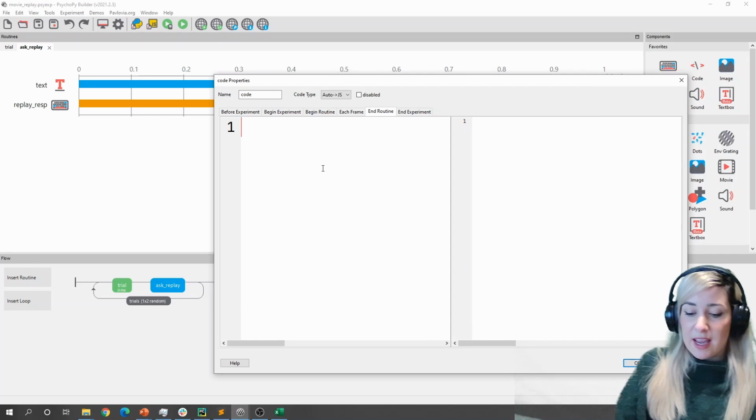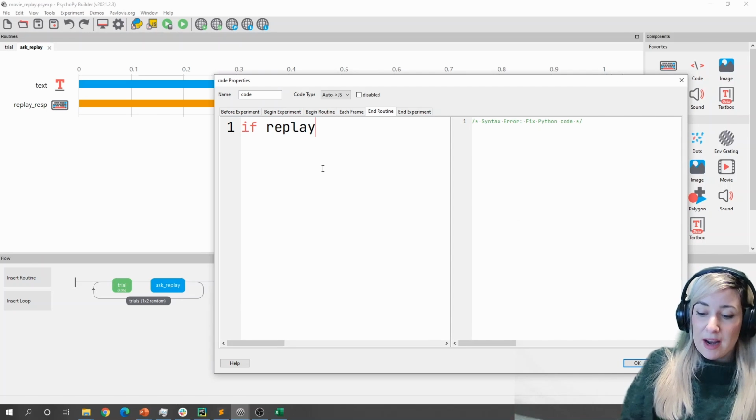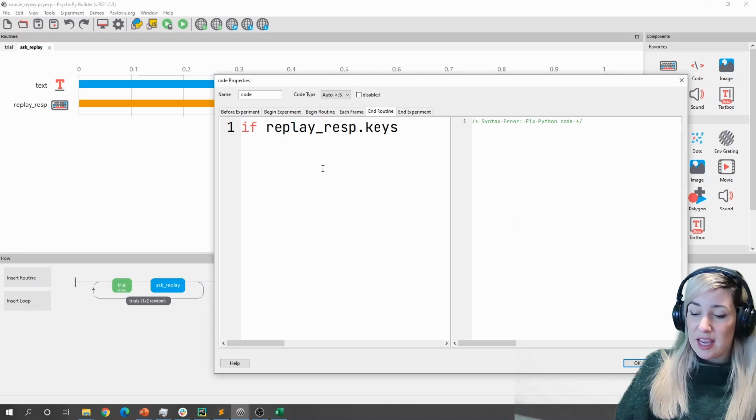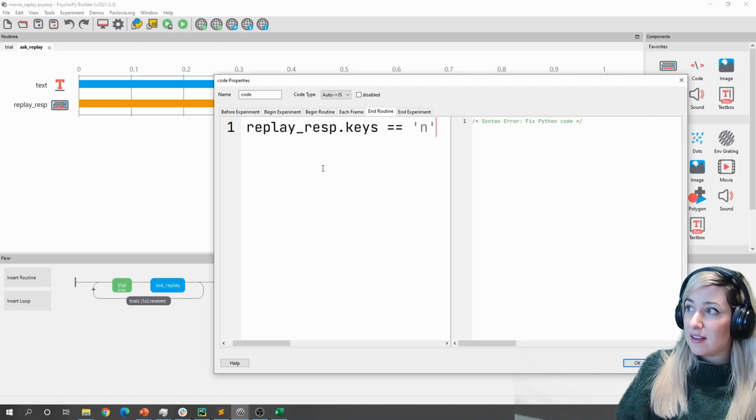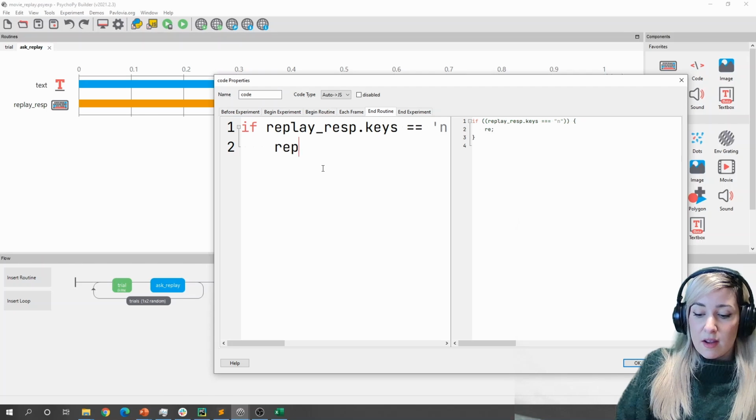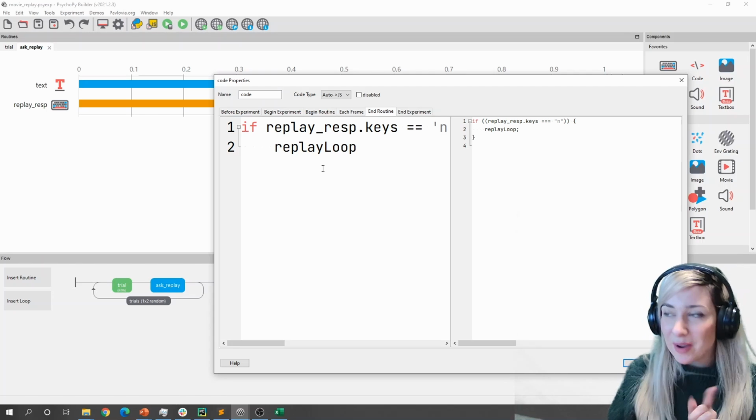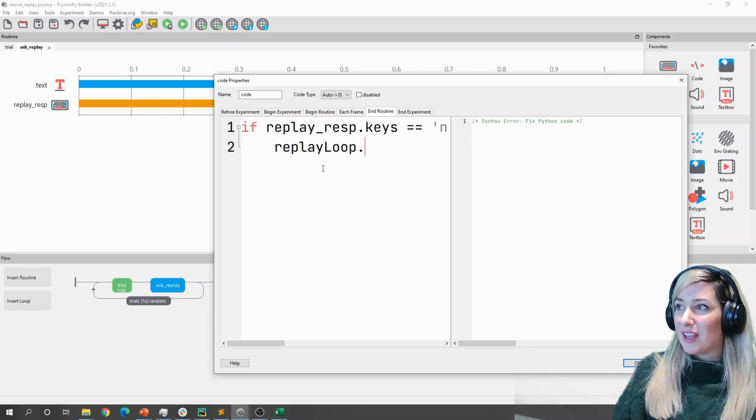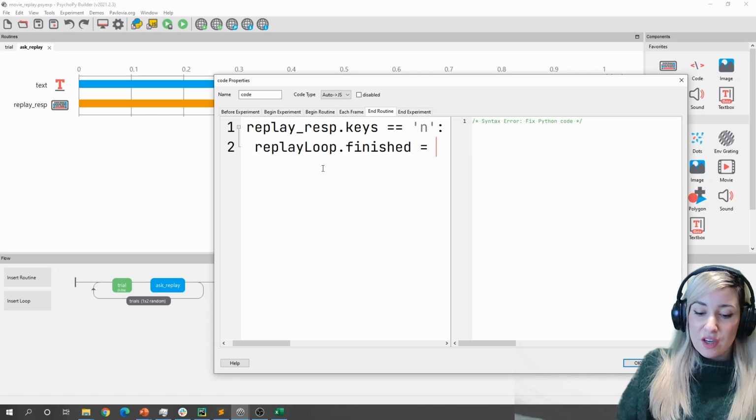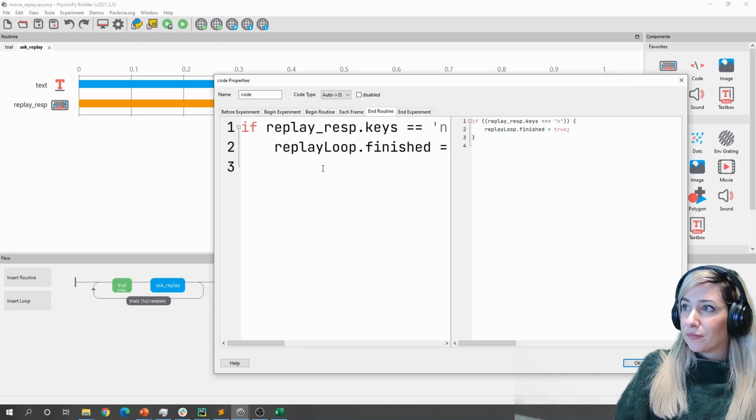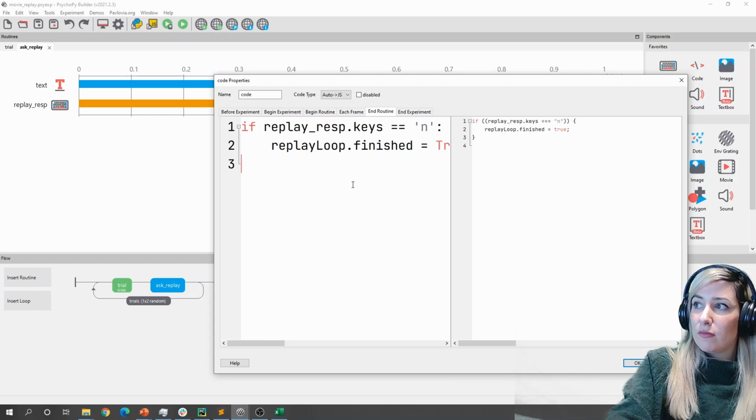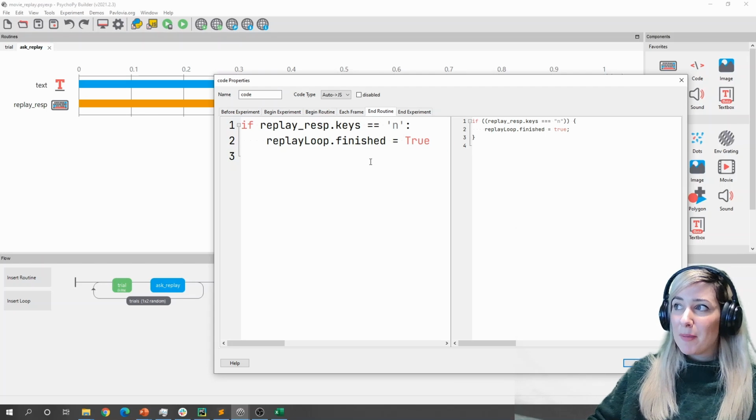Okay, so let me zoom in there. And I'm just going to say here, if replay resp.keys equals y or equals n, replay loop, now this is a loop I haven't yet added in, but I will show you how we'll add that in a minute, dot finished equals true. Okay, so I'm saying if my participant